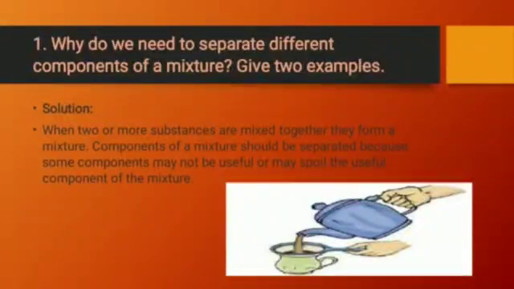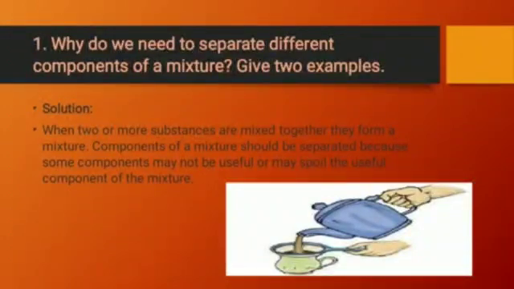So we need to separate some different components from a mixture. We can say, to separate useful components from a mixture or to remove harmful components from a mixture. And for that we can give an example also, separation of stones from rice.